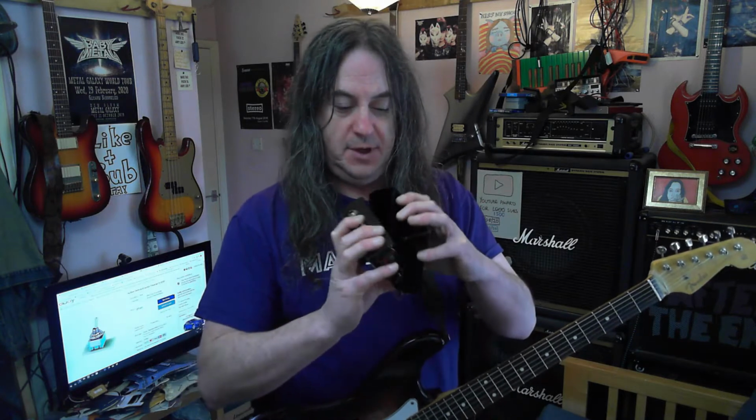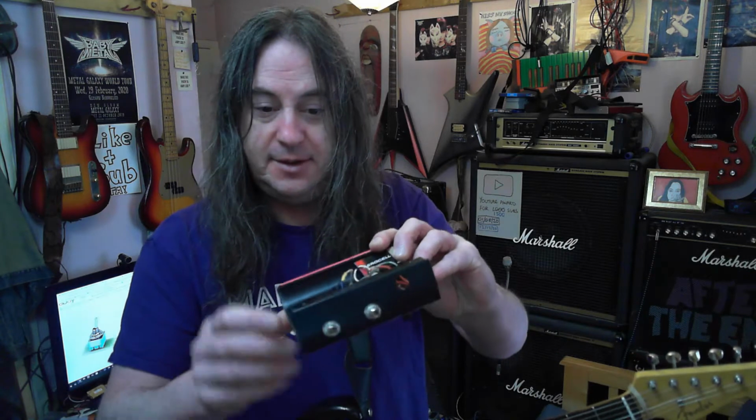Artec QD. I've got the thing on the screen, I'll get to that later. So basically what I've done is just stuck it in this box. So you get a 9-volt battery. There is the